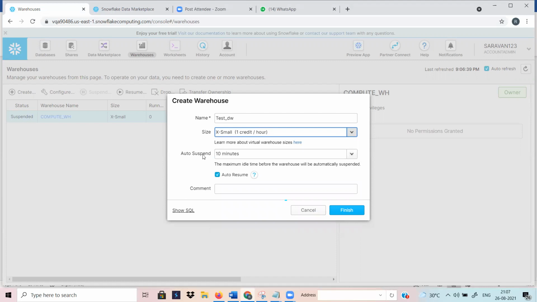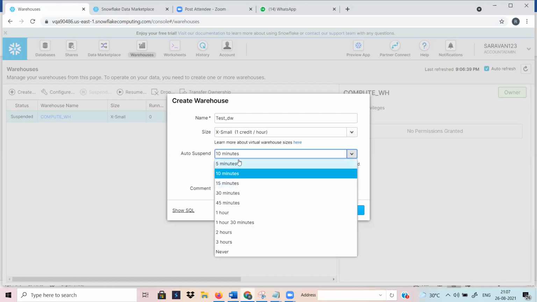This is the auto suspend functionality. For example, the first time you submit a query, within 1 or 2 seconds your data warehouse will be up. Then the query is processed with the computing services, the virtual warehouse. Once it is done, the result is written. After 10 minutes, your data warehouse goes down. It's not active because why should we keep it active for unnecessary time? Whenever we want, we can submit to that cluster. Otherwise, we don't want the cluster.